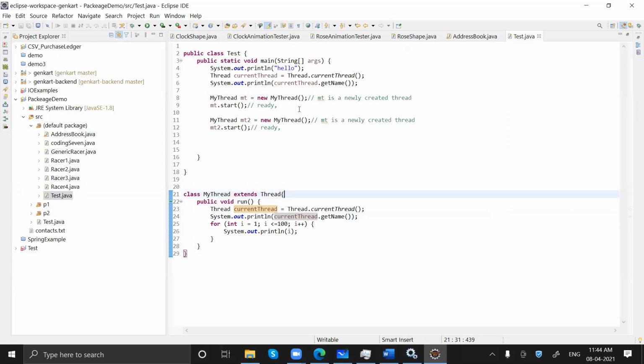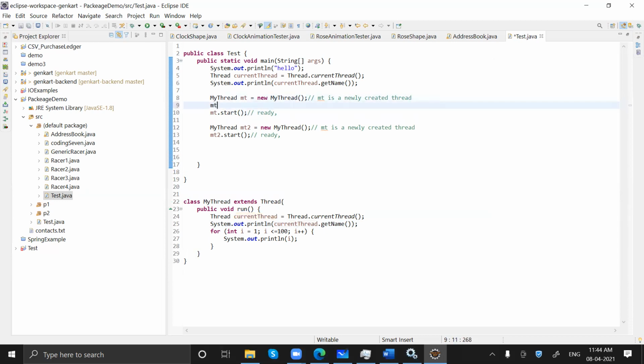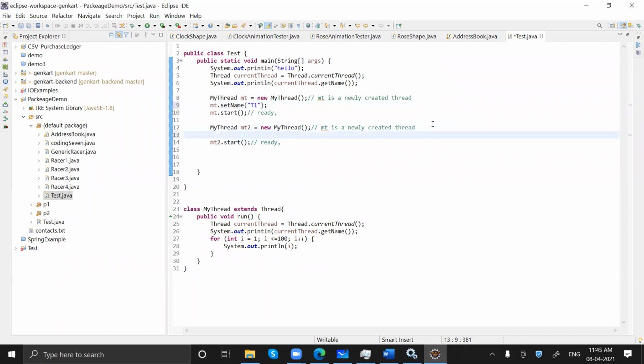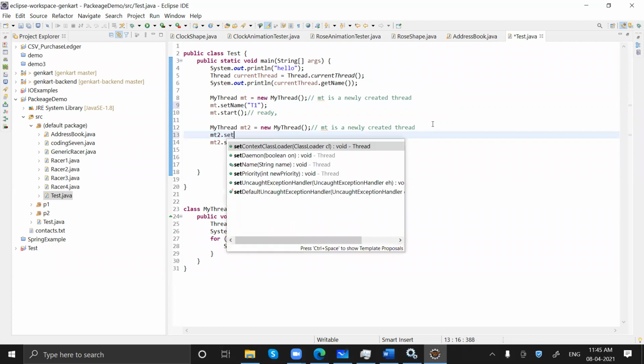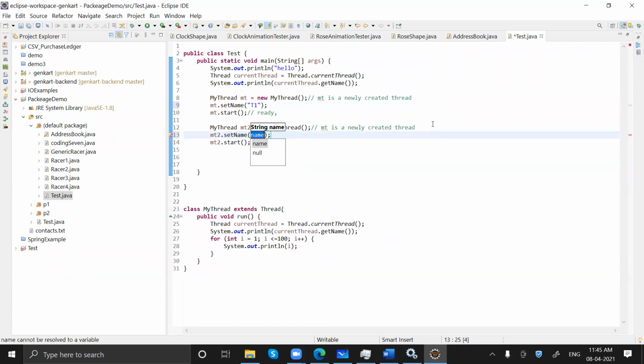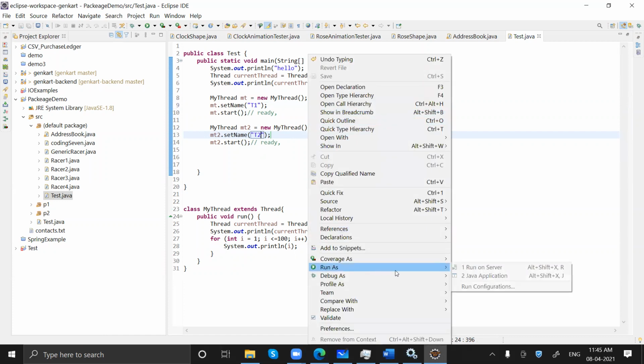But if you want to set a name on your thread, you can do something like this: mt.setName, the name of your thread is, let me take T1. This is how you can set the name of a thread. And I'm doing a similar thing here: mt2.setName, and I'm saying T2. Okay, and if I run this again,